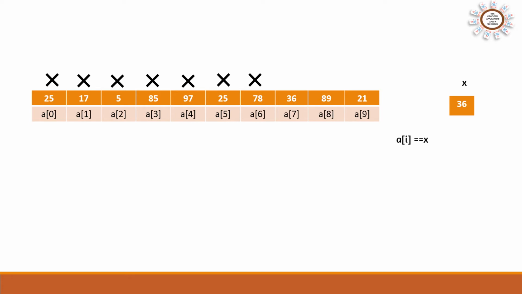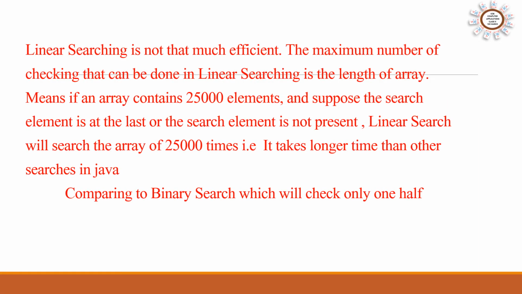But when we come to A7, it is 36 and both the elements are equal. And if we get the element, we will break the loop there and then print the message: X is found in position, in this case index 7. So this way linear searching will work. And if the element is not found till the end, the message will be given that the particular element is not present in the array. I hope all of you understood the concept of linear searching, but we have to say linear searching is not that efficient.